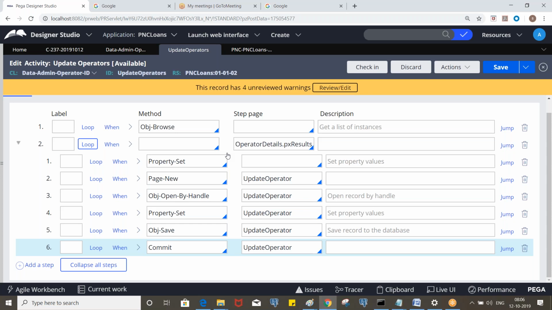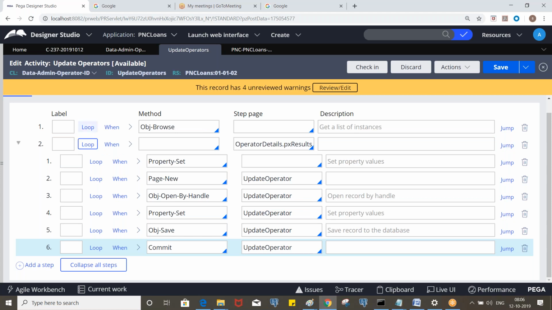That's the reason we are fetching all the operators to the clipboard and updating each page. Clear? So just use Obj-Browse. Since we are looping through each page, we need to use For-Each-Embedded-Page.